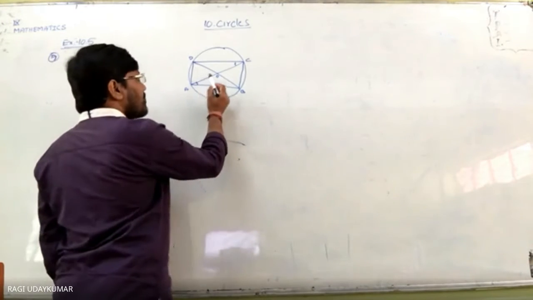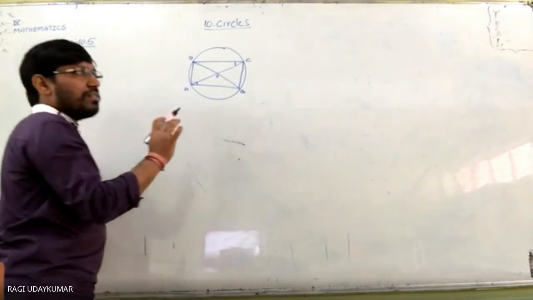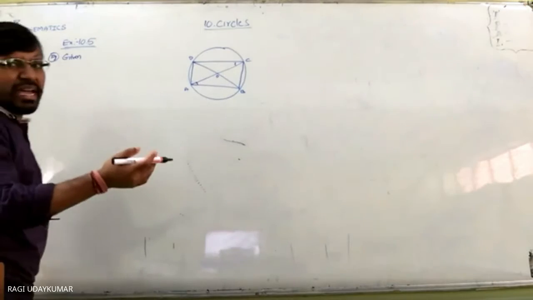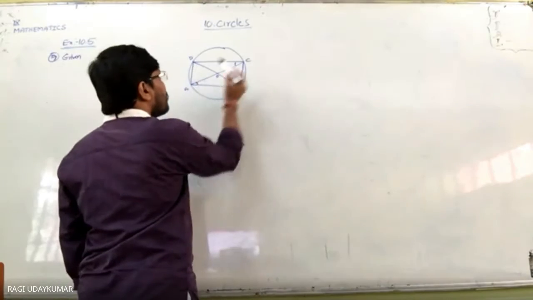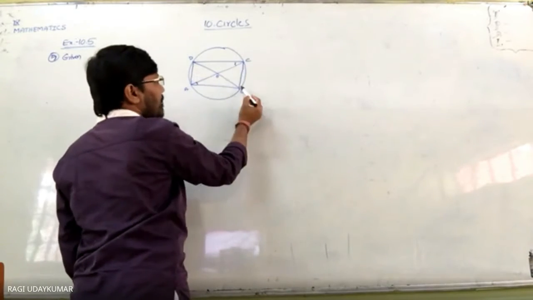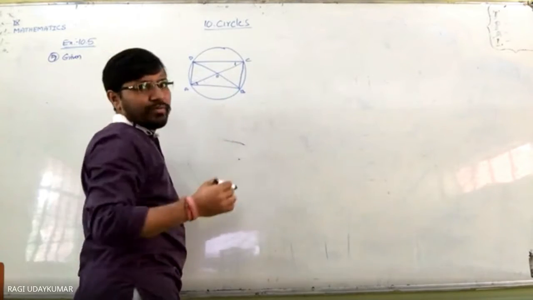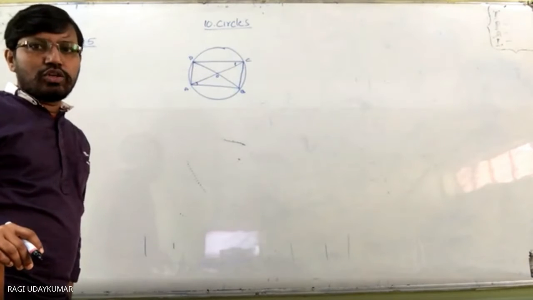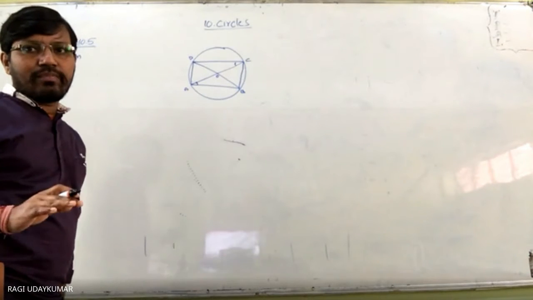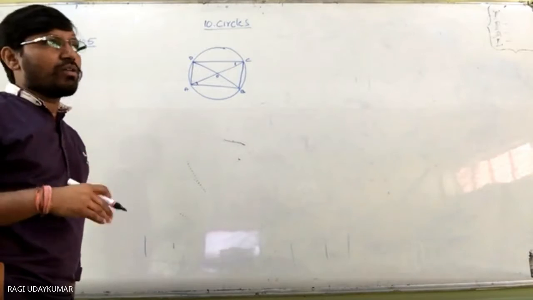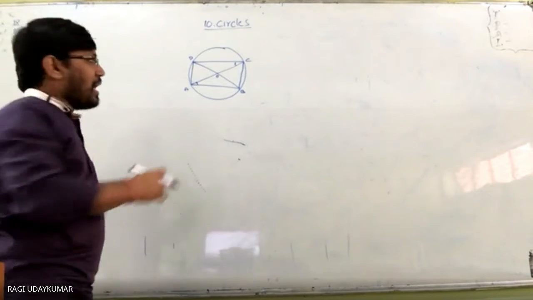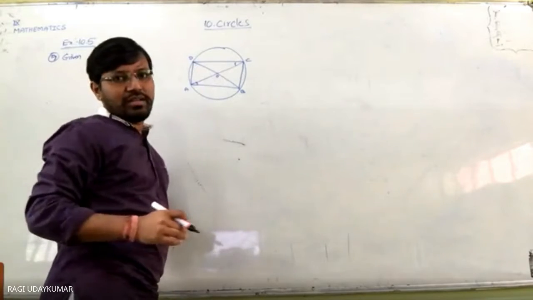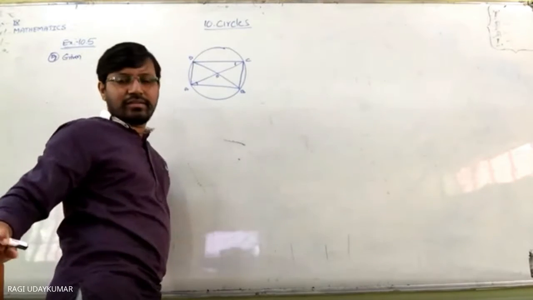So SAS congruency is why we ask. Here it is given that what are the given things? Let us write here. See here, just figure and explain here. Suppose if you prove that these two are congruent, these two lines are parallel, in the same way these two lines are parallel. So it is a parallelogram. After proving parallelogram, you need to go for its properties. In the parallelogram, opposite sides are equal, opposite angles are equal, and the sum of the opposite angles is 180 degrees. So ये 90, ये 90 होगा. हो गया और it is a rectangle.